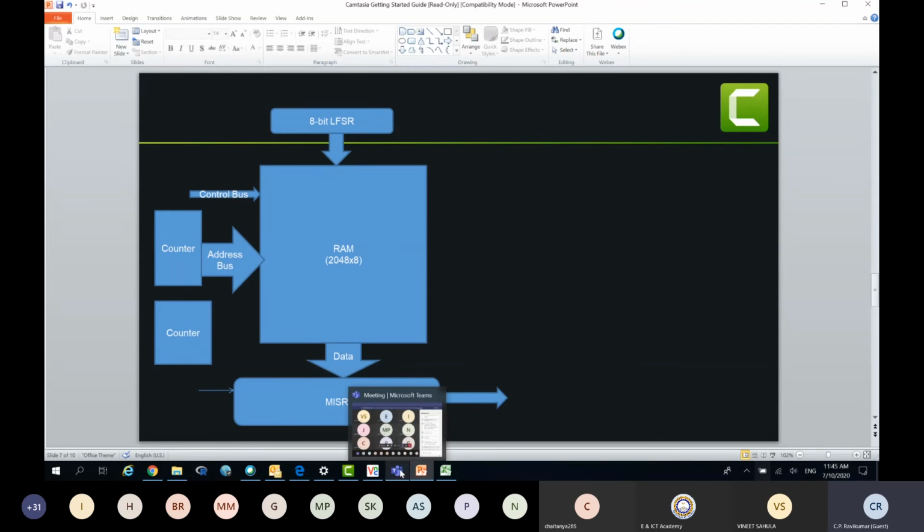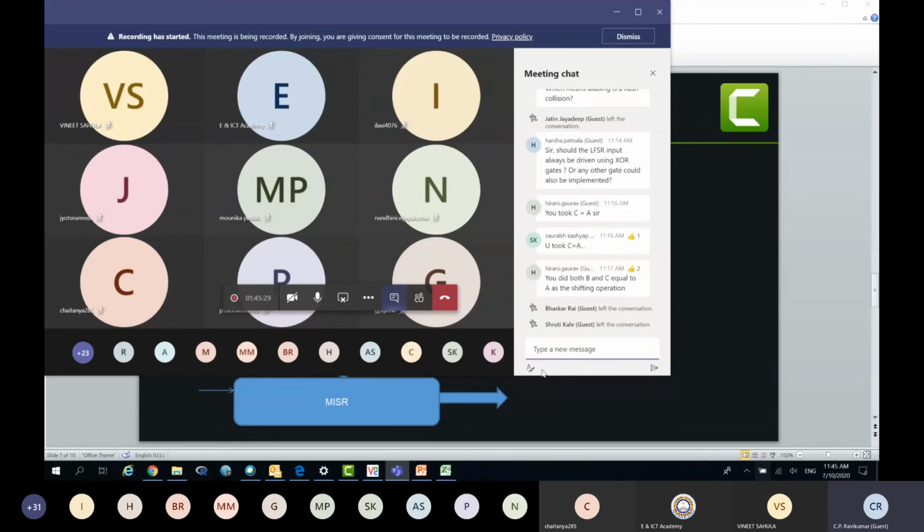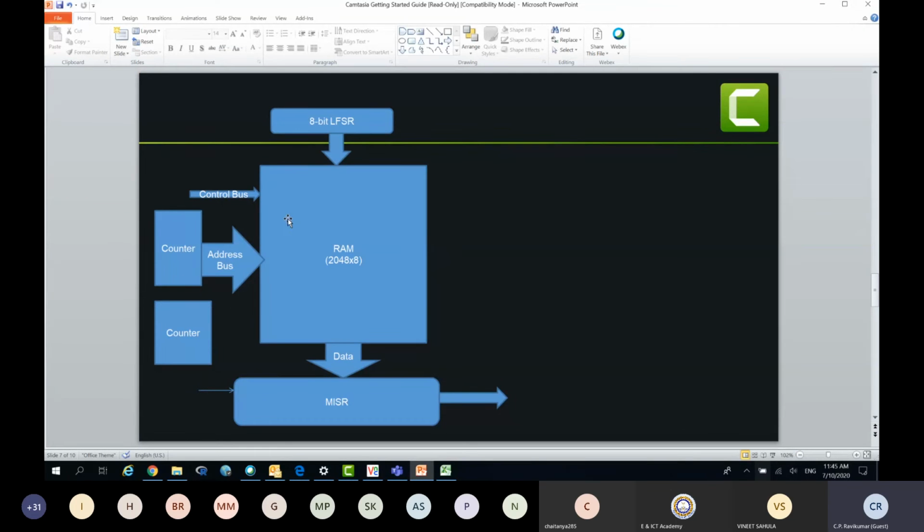We also talked about the LFSR and SISR and MISR and how they can be used for testing either memory or it could be logic also. See, instead of memory, it can also be logic, right? But logic is a little bit more tricky because random patterns may not always be able to fully test logic. Okay. Memory is very straightforward, right?